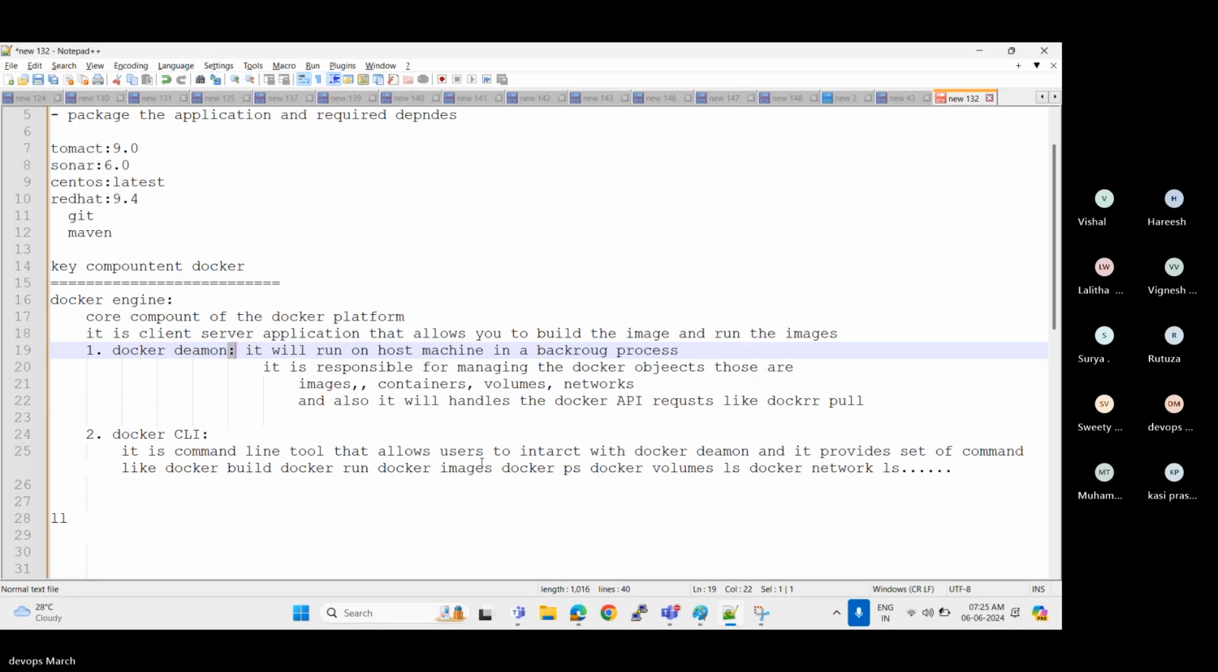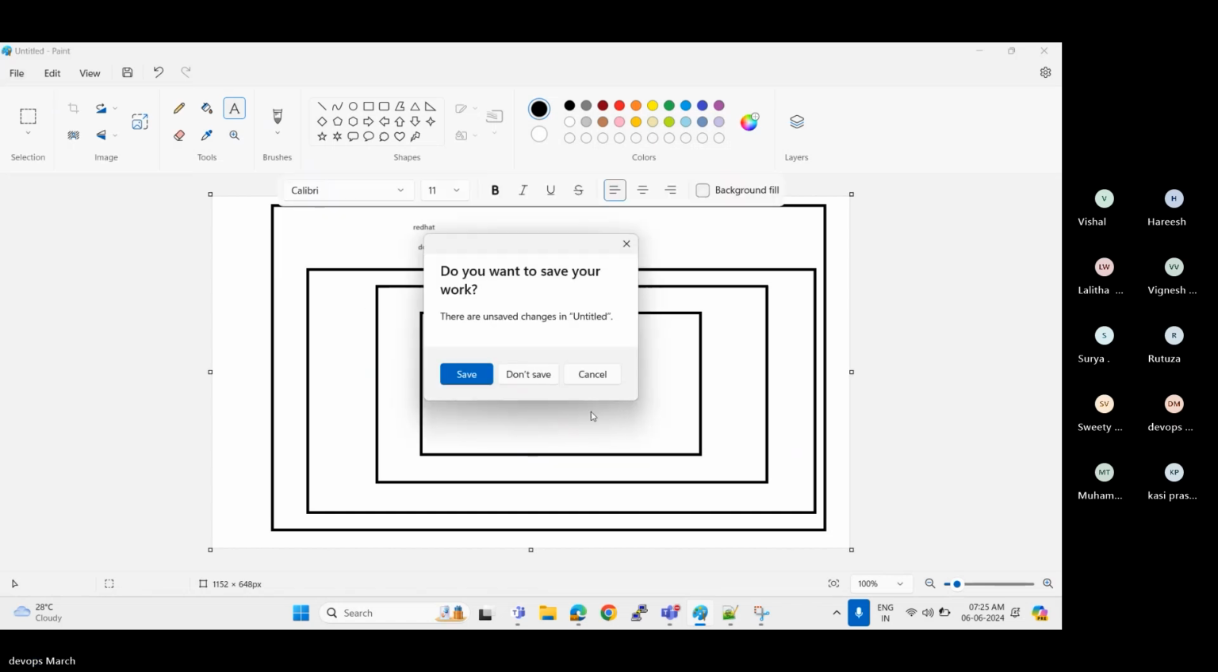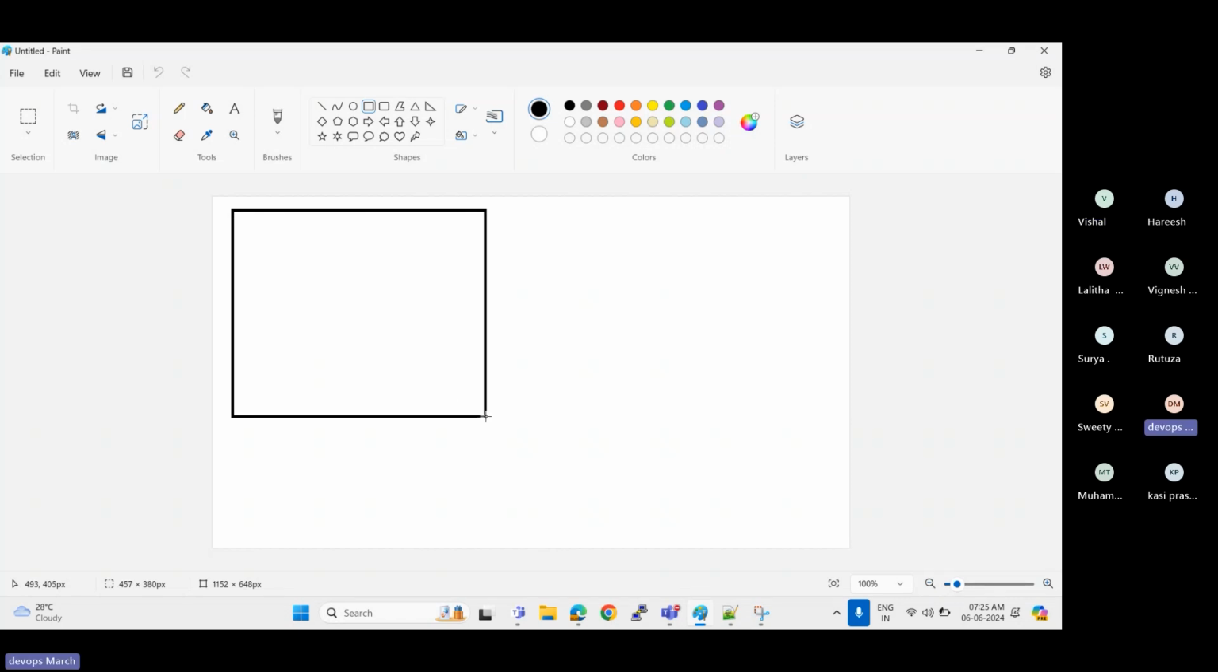Clear? Yeah, till now it's clear. Okay, so let me explain the architecture of Docker. Do we have a GUI for Docker? Yes, GUI in the sense you can install it on Windows also. Yes, we have a GUI in Windows if you install it. Okay, see, this is